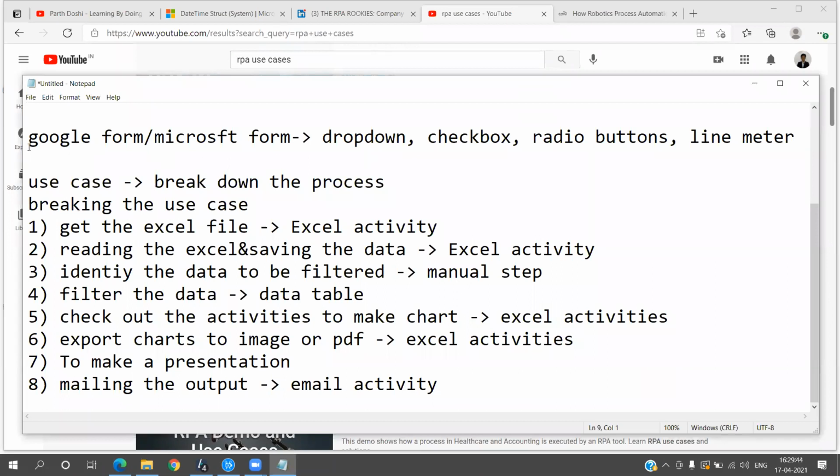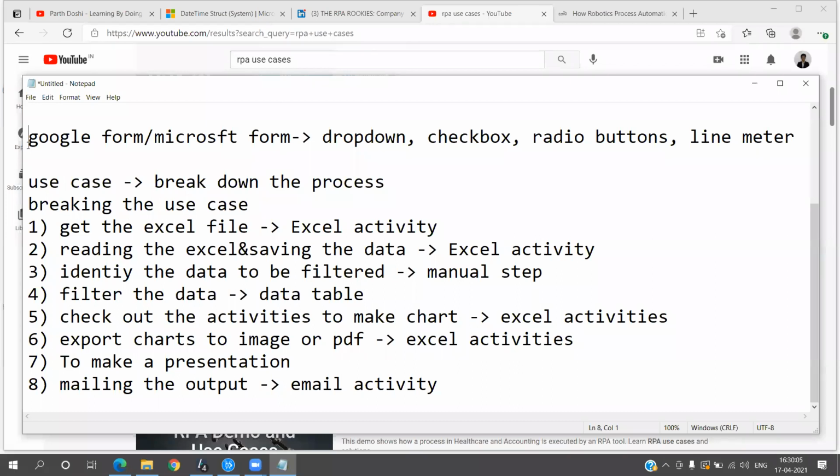Okay. See, now what happens is, even if you are using a CRM application, right? You might have a drop down, you might have a text box, you might have radio buttons or check boxes, anything that you have to do the web automation with. The similar kind of things that you can add in the Google form as well. We have seen drop downs, we have seen multiple things.